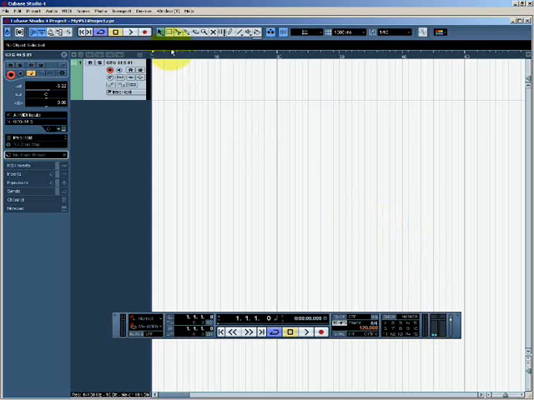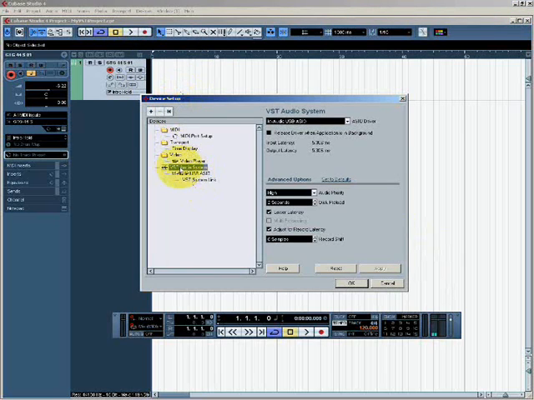You can change this setting by visiting the Devices menu, the bottom menu option called Device Setup. If I click on there and then click on the VST Audio System setting, this menu here, if I were to click on this drop-down menu here, it would give me a list of all of the audio drivers that are available on the computer. I'm not going to change it because I have the correct driver selected, which is an